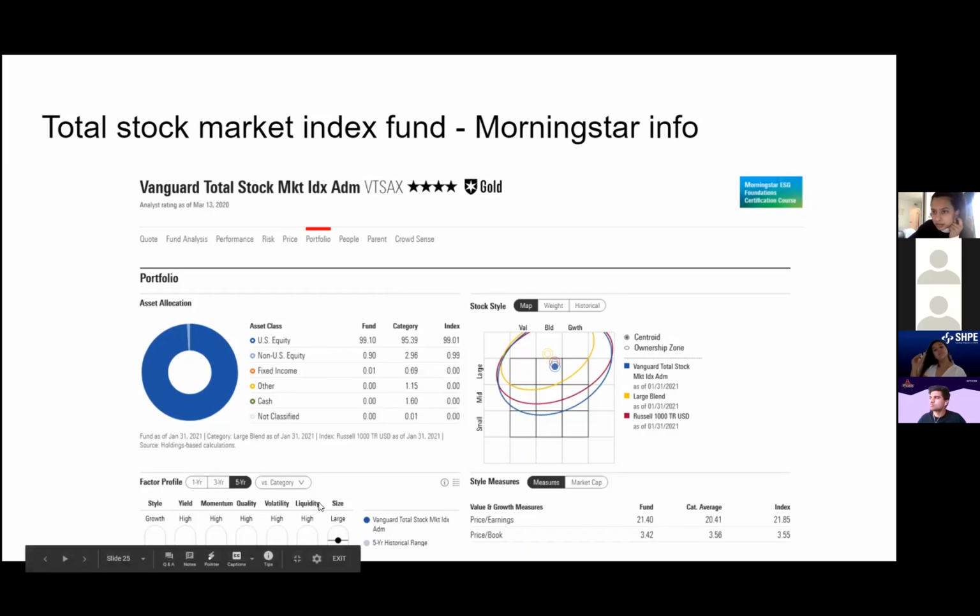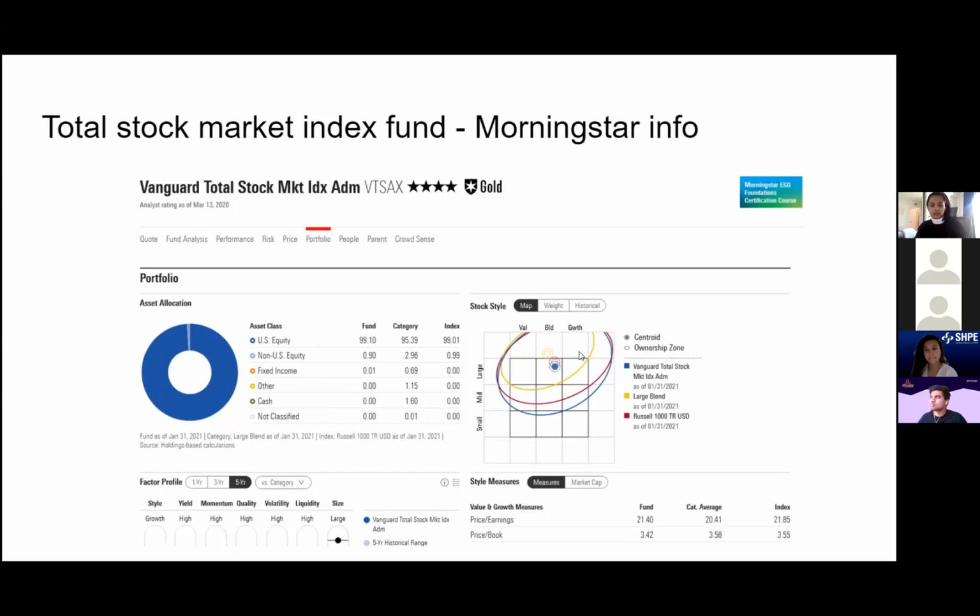And here's another place to get good information, at Morningstar. They break out some of the information you'd find in the prospectus. Here's the style box again, and the blue line is the fund. Because this is a total stock market fund, it's showing you that the footprint of this fund is a little larger than something that would be strictly a large blend fund that only invests maybe in this top row. So you're getting everything. So again, VTSAX, or I'll show you there's a Fidelity option that's similar.